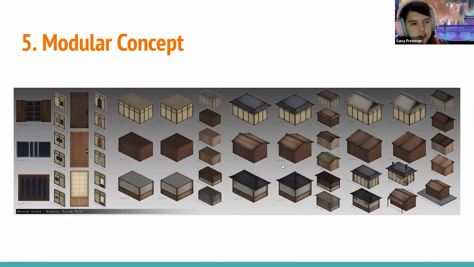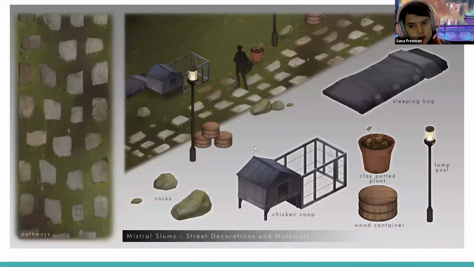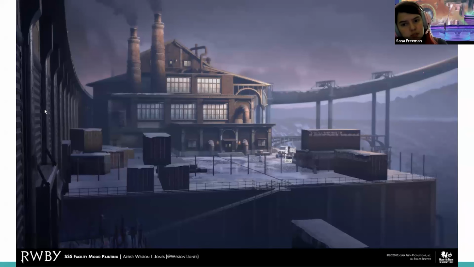This one was actually done before I was comfortable enough with 3D, so these are 2D drawings that I would use to concept with. But this one, sorry, where'd it go? Oh my god, I'm dumb. Oh yeah, this one was actually made using 3D assets primarily, and then basically comped and Weston did some painting over in Photoshop. So both.